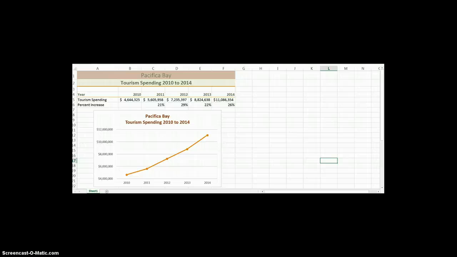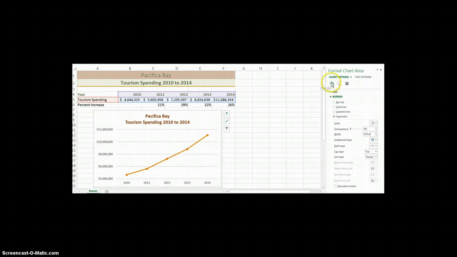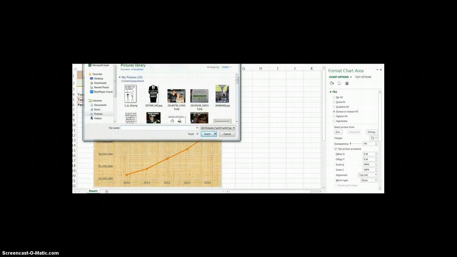But back in Excel, what I want you to do is select your chart, go to chart elements, go to axes, go to more options, and then under axis options, make sure you have chart area selected. On the fill and line option, go to fill, picture or texture fill, and insert picture from file, and then